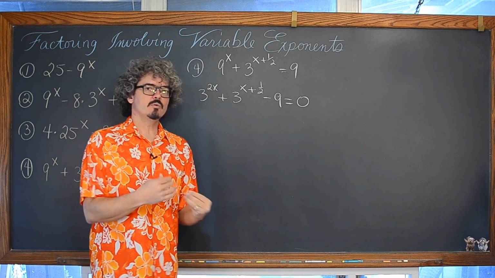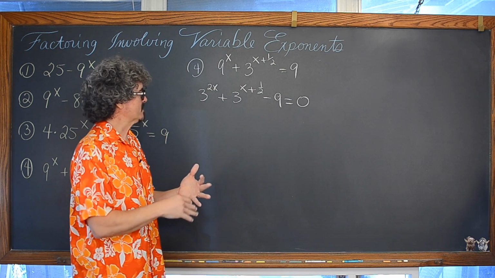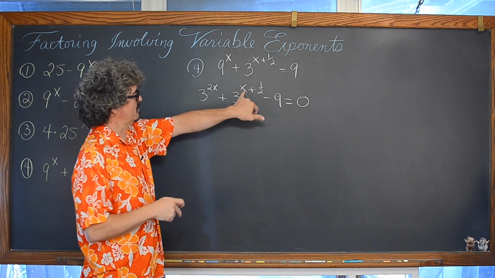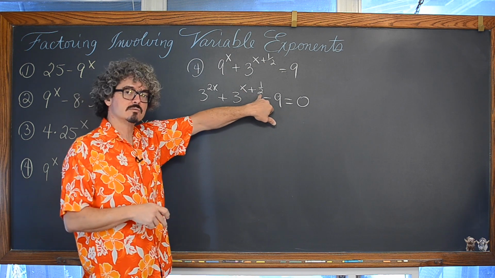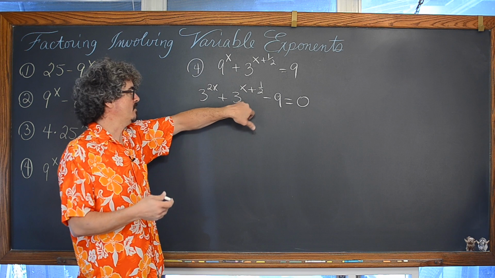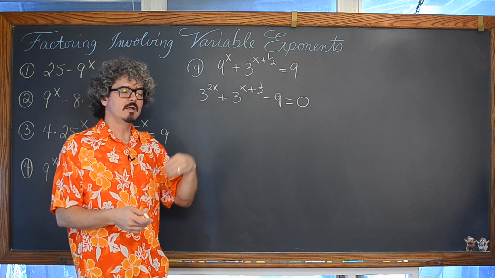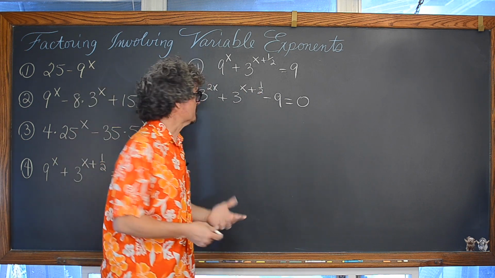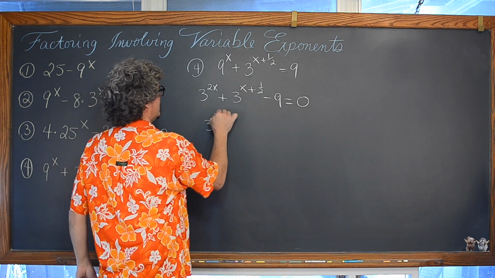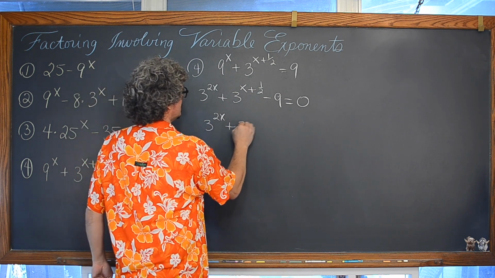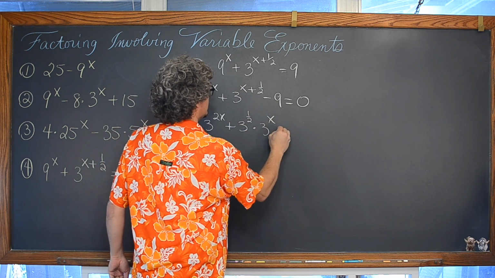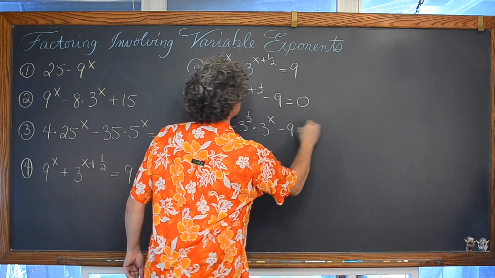Remember, this is a review of lots of things: factoring, logarithms, properties of exponents. When do you add exponents? Which is what we have here on this base of 3. You add exponents when you multiply with a common or like base. So our middle term here can be rewritten as 3 to the 2x power plus 3 to the 1/2 power times 3 to the x minus 9 is equal to 0.